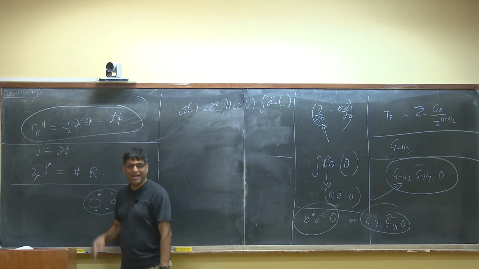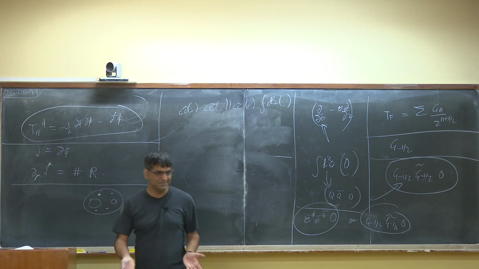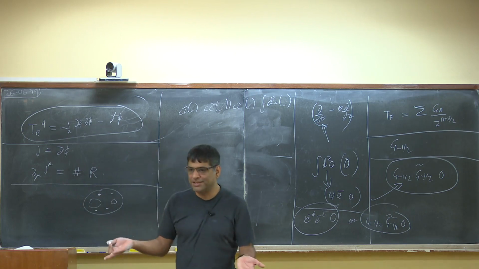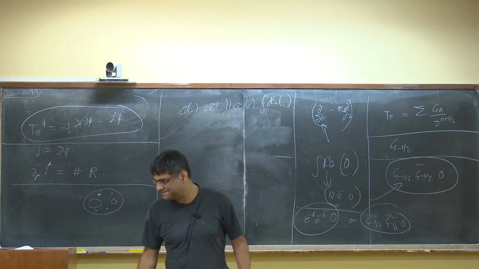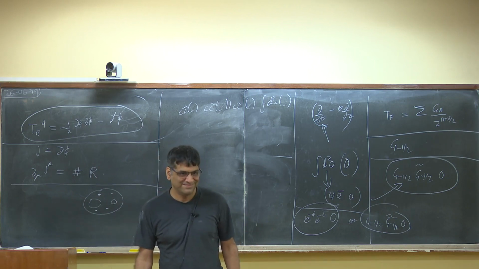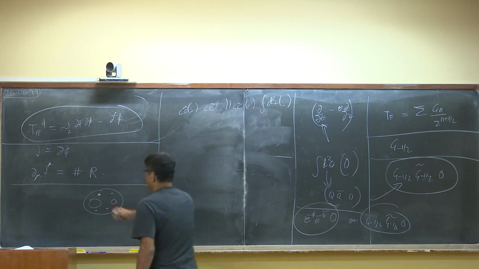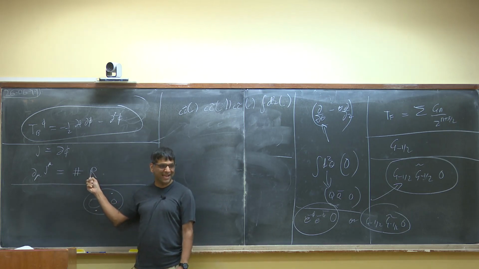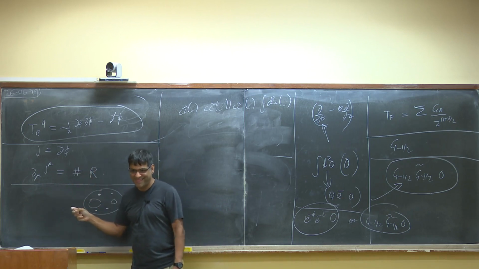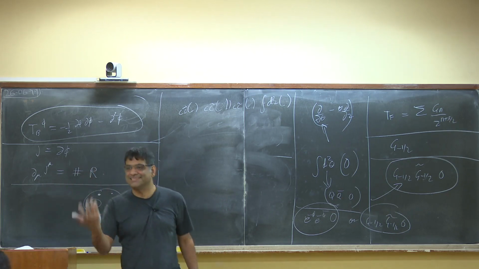If del dot J had been 0, by integrating this equation, we would find that Q1 plus Q2 plus Q3 plus Q4 had to be equal to 0. Okay? Now with this modified equation, that 0 is replaced by whatever's on the right hand side, integrated. But the thing integrated on the right hand side